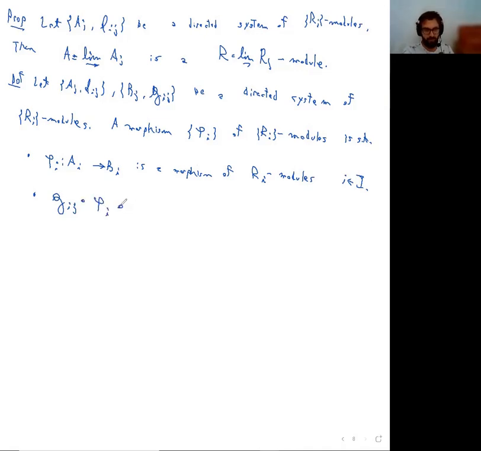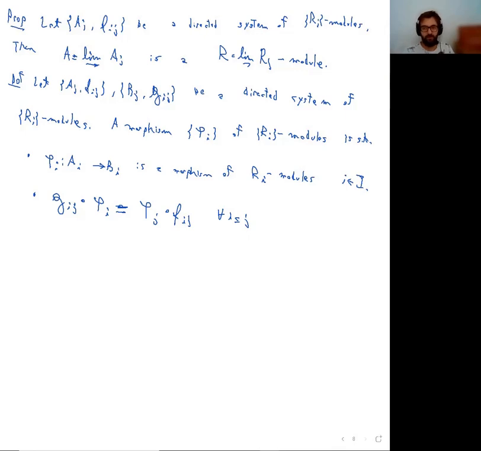So if you apply the morphism and then you go down, it is the same as first going down and then applying the morphism. Okay, so very natural. So this should look somehow like a morphism of complexes, for instance,